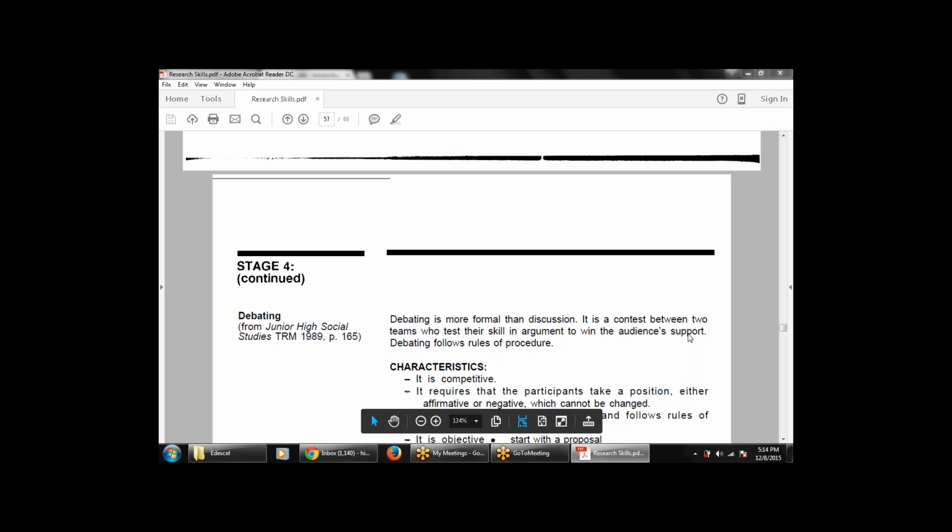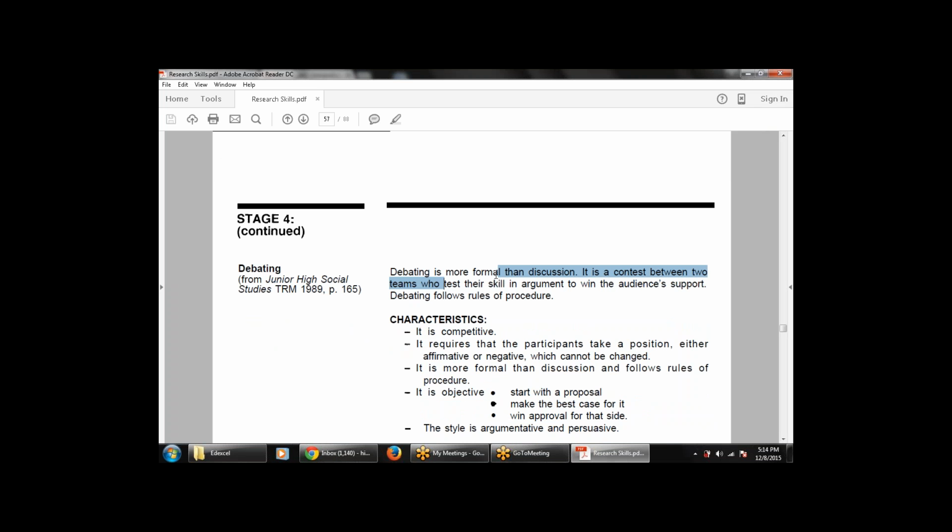Then the next part of the information sharing is debating, that is how we can use debating. So we have discussed the report sheet, we have discussed the display board. Next part is debating. So it is more formal than the discussion. That means different students provide the debate on the topic, then it is more formal than the discussion. It is a contest between two teams who test their skills in argument to win the audience